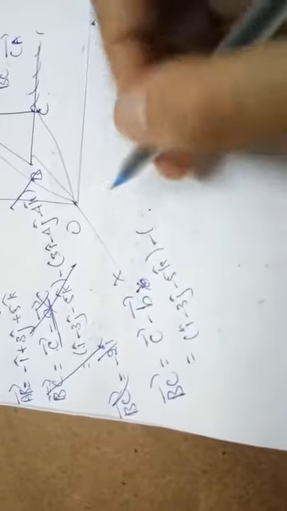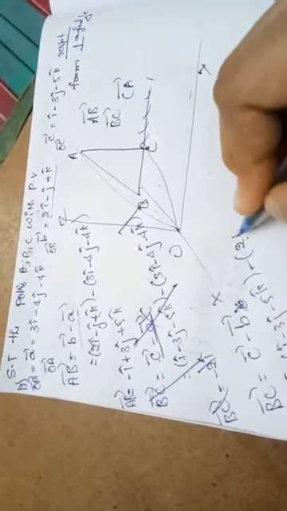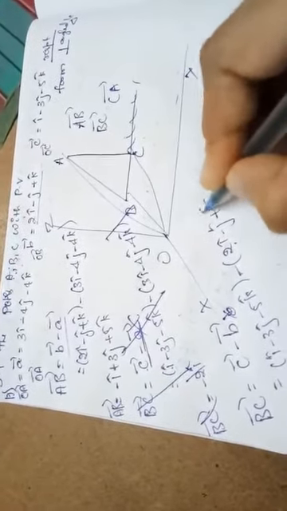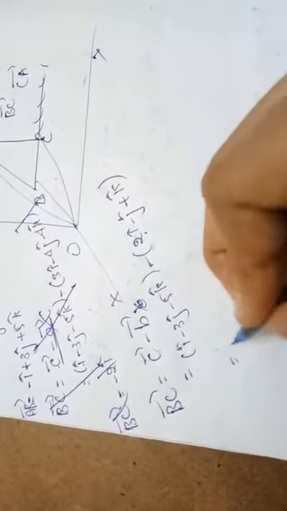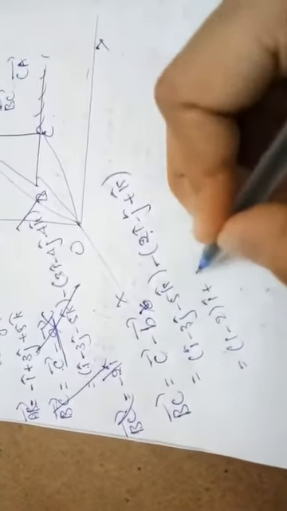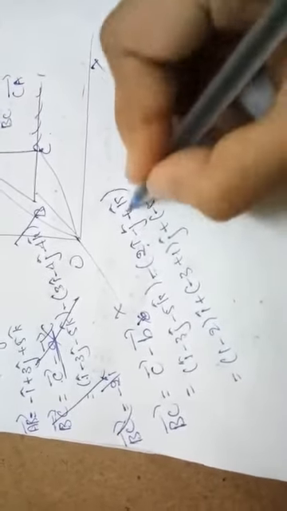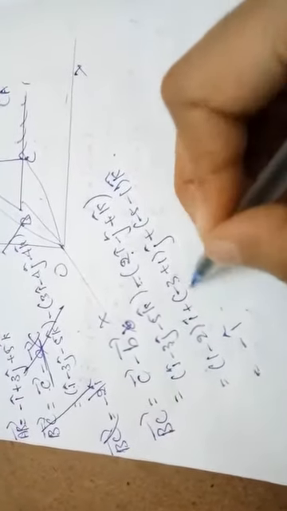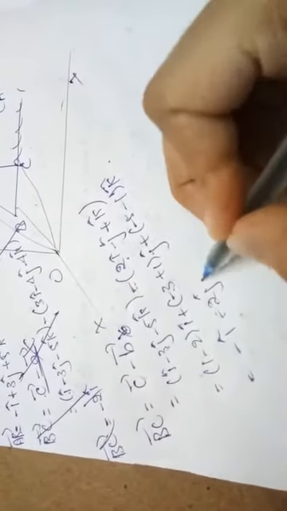What is our vector B? This one. So 2i cap minus j cap plus k cap. So vector C minus vector B, what happens here? 1 minus 2 i cap plus minus 3 minus into minus plus 1 j cap plus minus 5 minus 1 k cap. So it is nothing but minus 1 i cap minus 2 j cap, minus 3 plus 1, it is minus 2. Here also again minus 6 k cap. This is our vector BC.